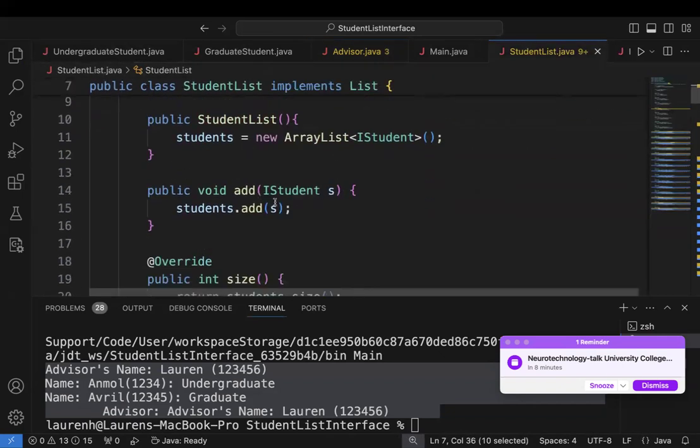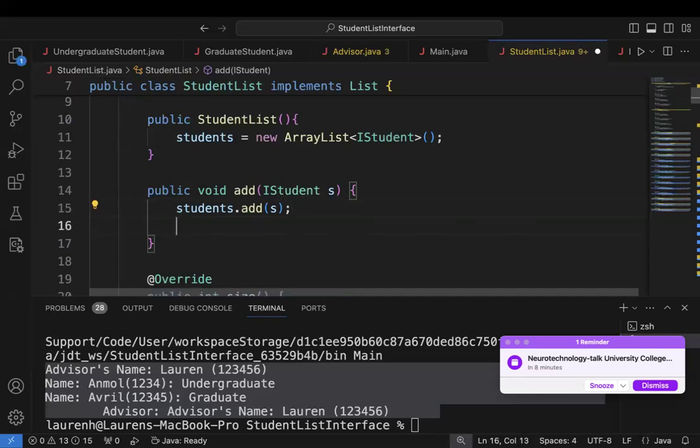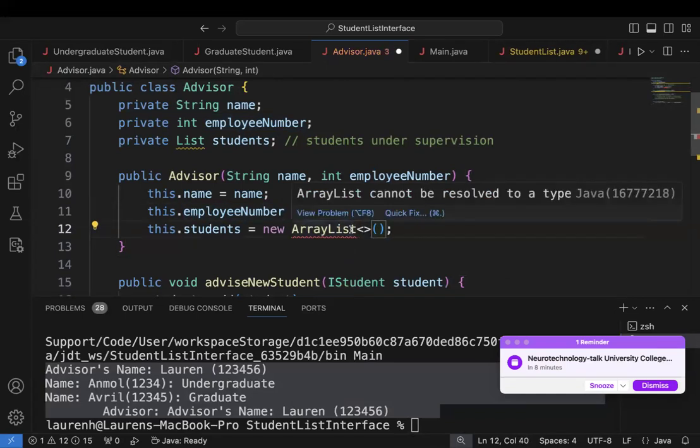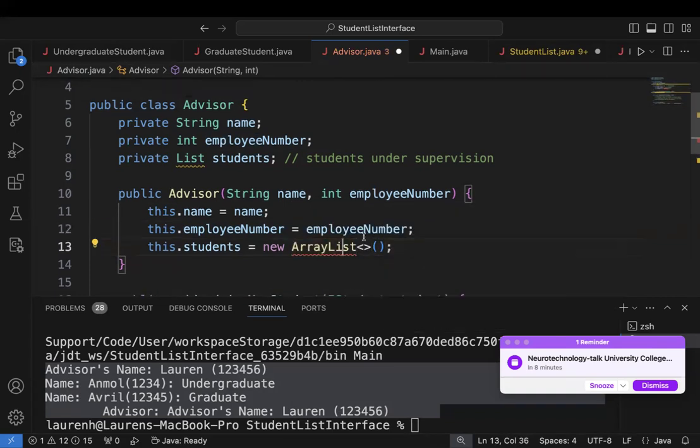And the nice thing with student list having its own class is that, in addition to doing the basics that we want it to do, we can also do something extra that ArrayList alone didn't give us. If this was ArrayList, like it originally was, our code will still run. Oh, it's because I haven't made the import. There we go. This will still run,